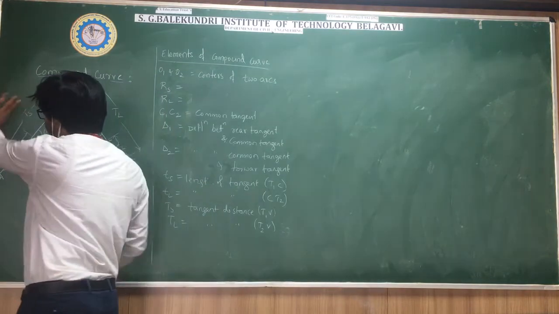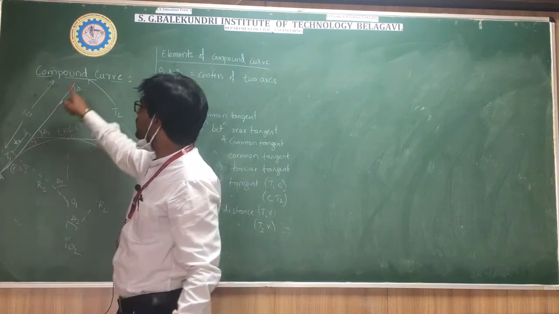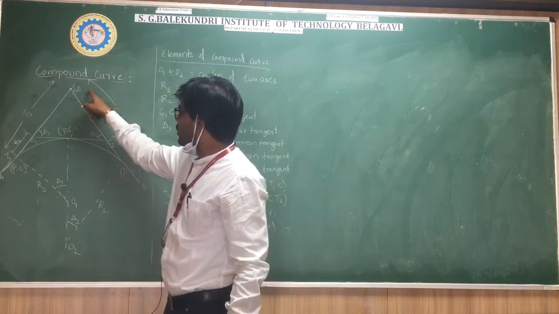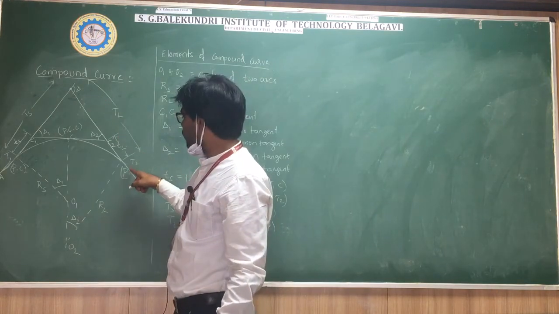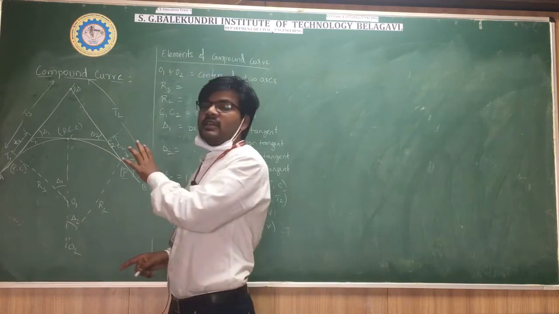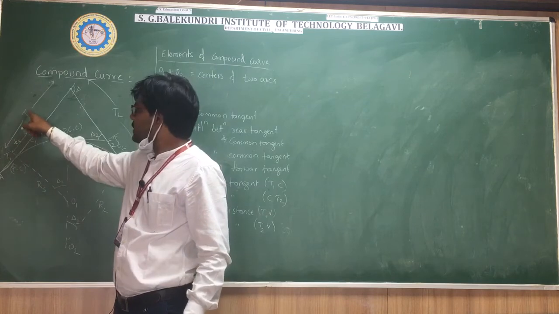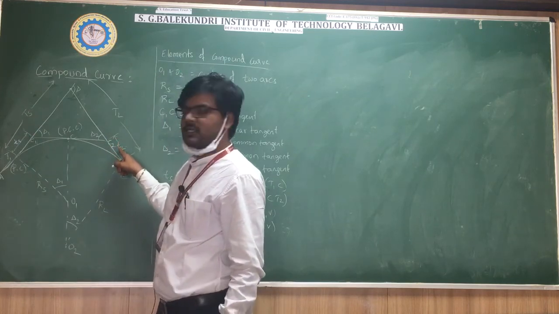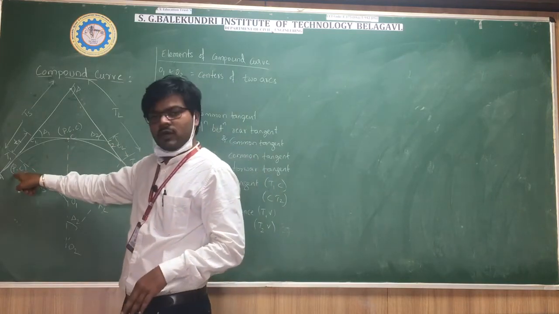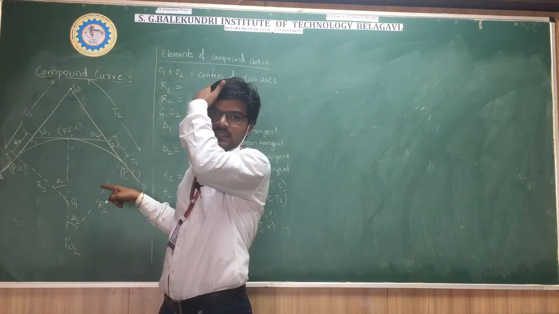Here capital TS is the total tangent distance from the point of curvature to the point of intersection. And here capital TL is the total tangent distance from the point of tangency to the point of intersection. Yes, these are the main elements of a compound curve: the tangent distances with respect to the longer radius and shorter radius, the point of curvature, the point of compound curvature, and the point of tangency.